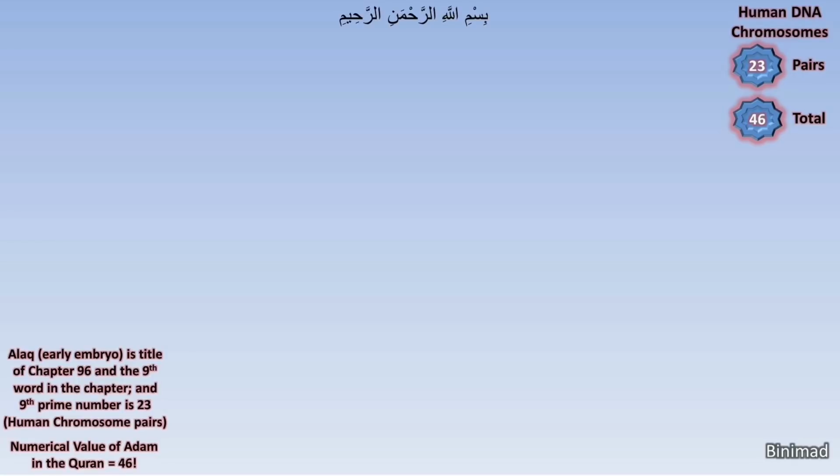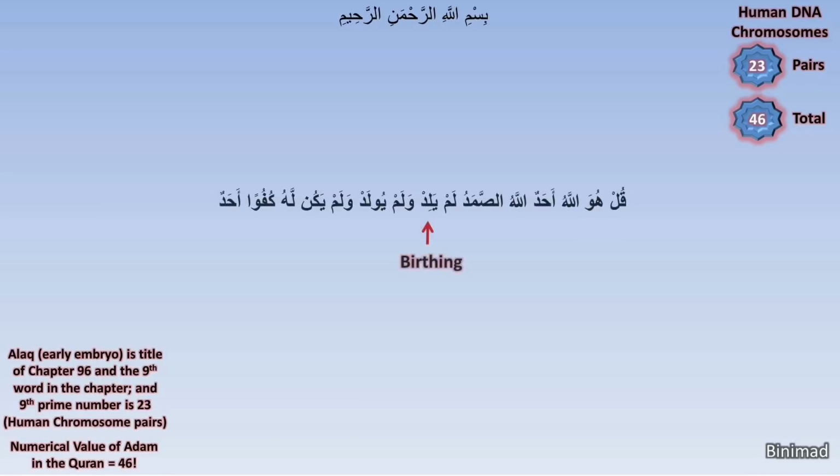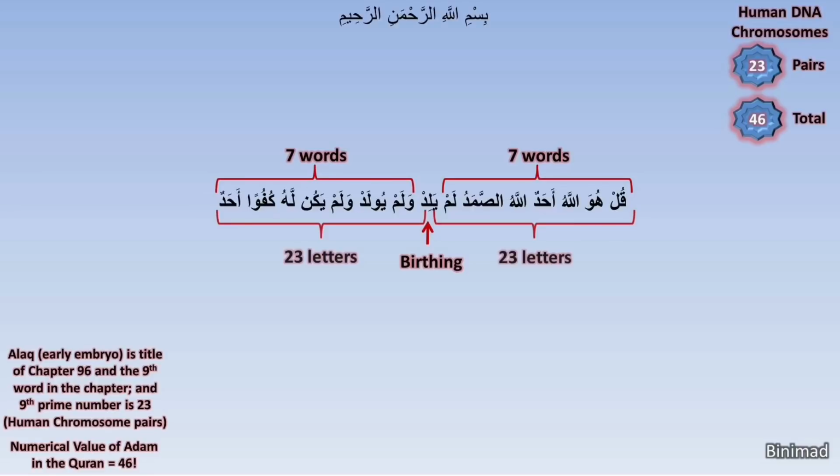and of relevance to note here is that the word for giving birth has a specific form which only appeared once in the entire Quran. It appeared in the 2nd verse of chapter Al-Ikhlas, which is a 4-verse chapter. It is the word yalid, which is a 3-letter word in Arabic and means birthing, i.e. giving birth. This word, birthing, came before 7 words and after 7 words, making it the central word in the chapter. Of even greater consequence is that its central letter, which is an L, came exactly after 23 letters and